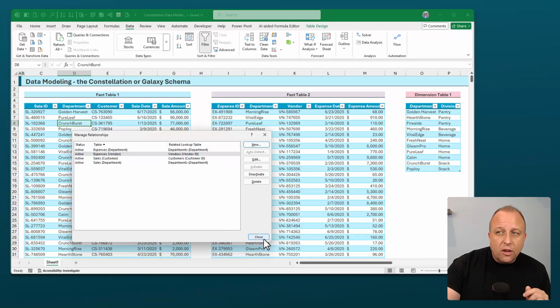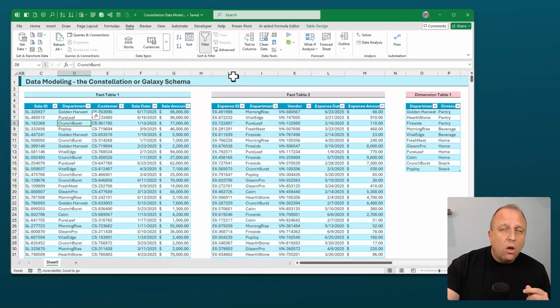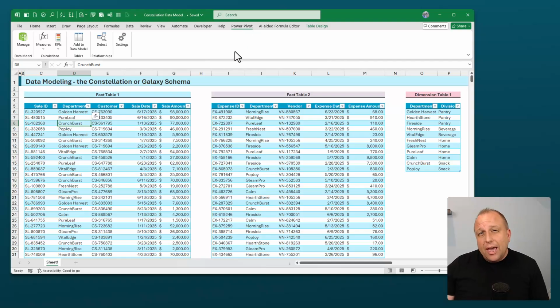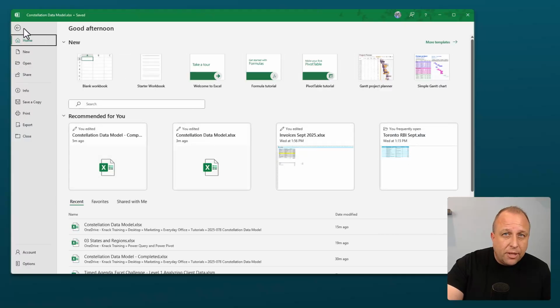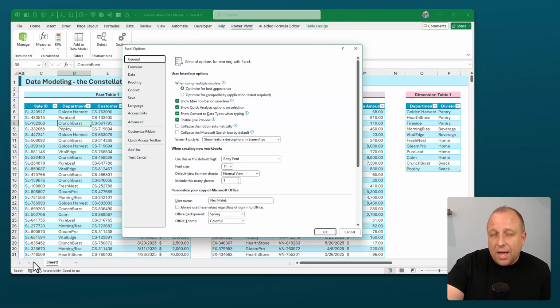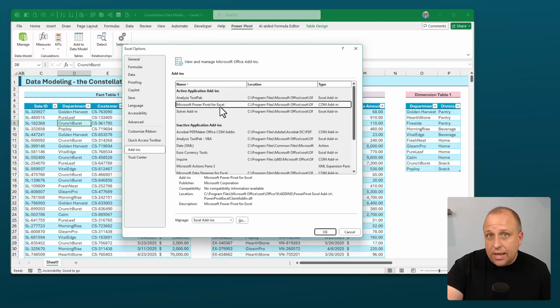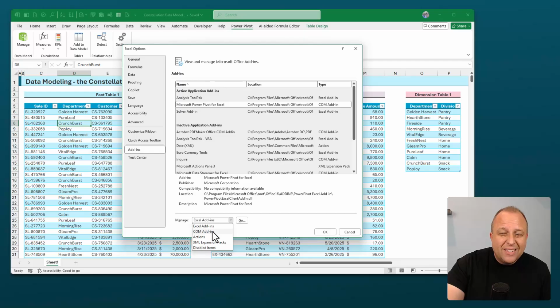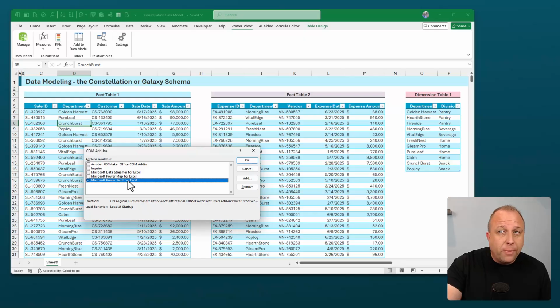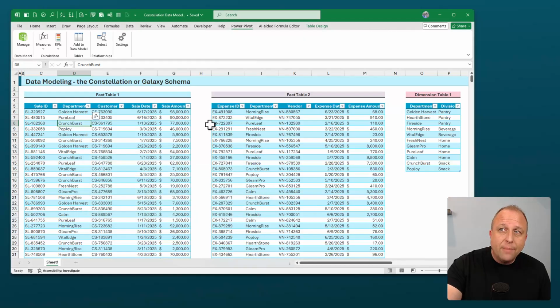And further, if I click on close, if you don't already have the Power Pivot tab at the top of your screen, the way that you get it is by clicking on File in the top left-hand corner, going to the Options selection at the bottom of the File menu, and clicking on Add-ins. You ultimately want your Power Pivot add-on to be enabled. So I use the drop-down menu here for Manage, and I find my COM add-ins, and click Go. Make sure that you click the checkbox for Power Pivot for Excel and click OK, and you'll now have a